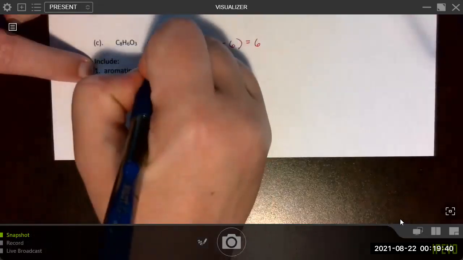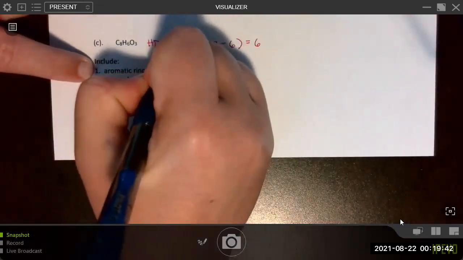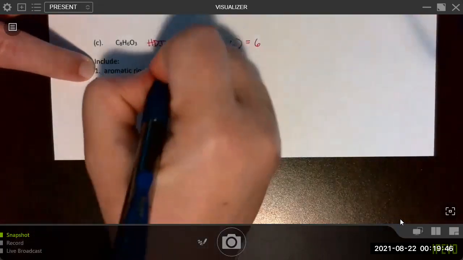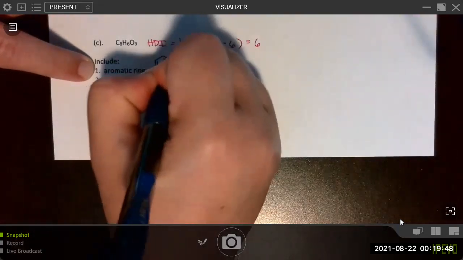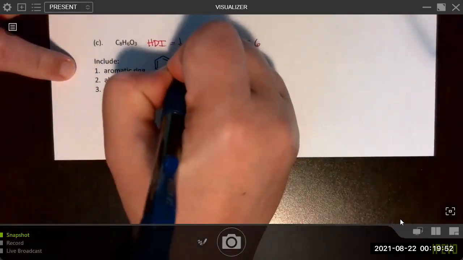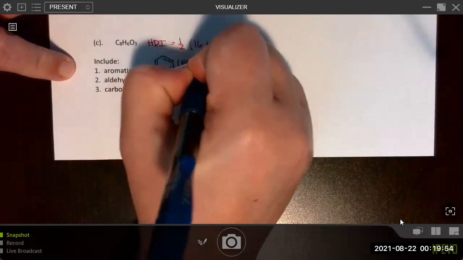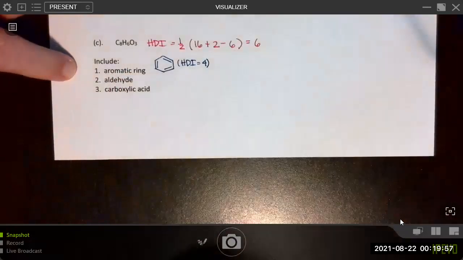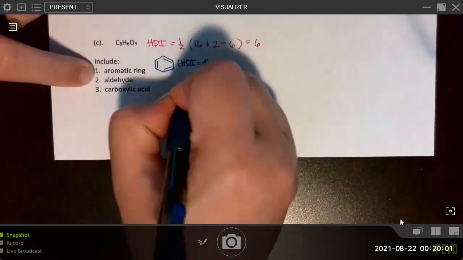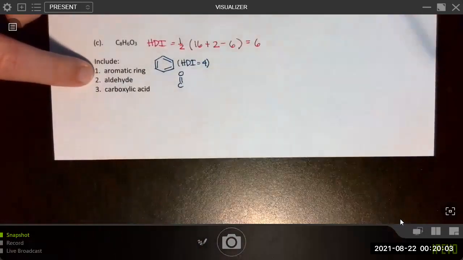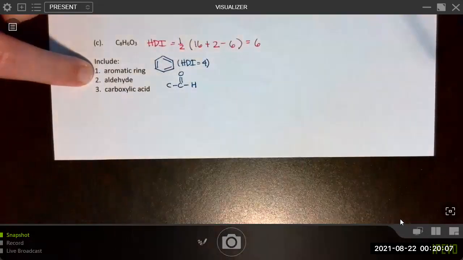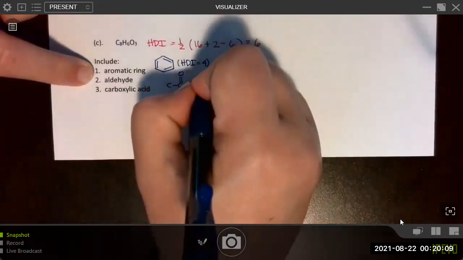Right? So if I look here, I've got the aromatic ring. That actually makes a lot of sense because in the aromatic ring, there's a ring, right? So that's one. Then there's 3 pi bonds. That's 3 more. So this by itself takes into account an HDI of 4. So now we only have 2 more. The aldehyde will be a carbon, carbonyl, carbon attached, and hydrogen attached on the other side. So that's an HDI of 1.